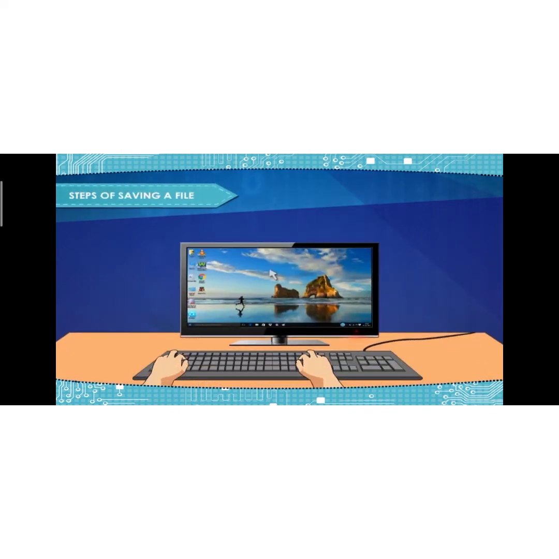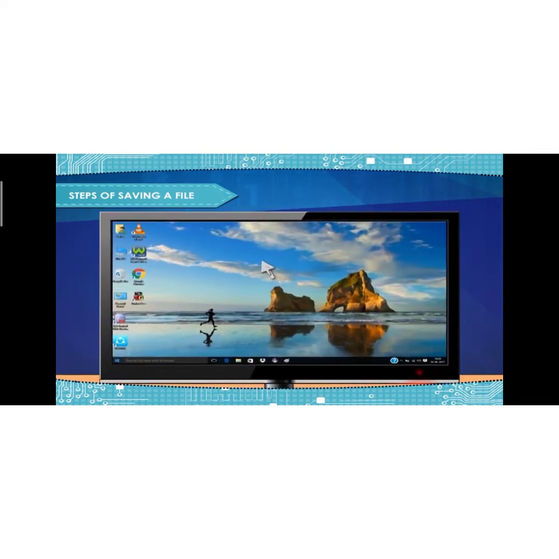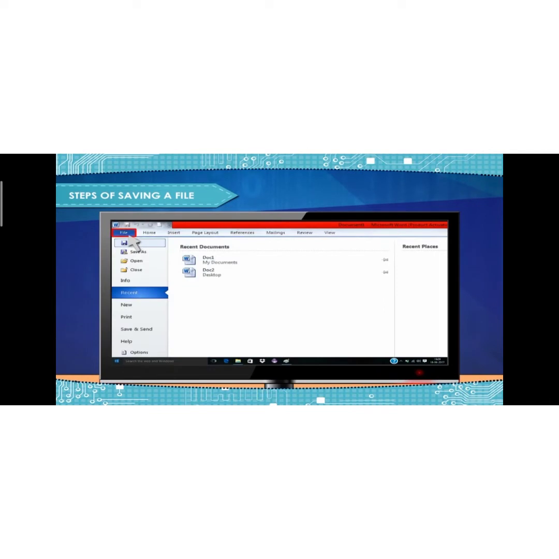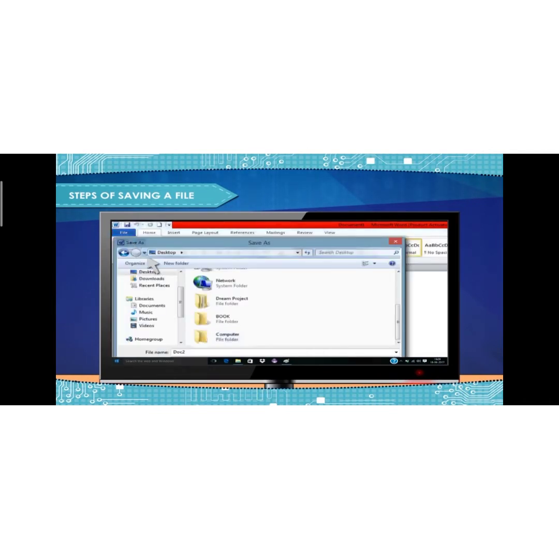Steps of saving a file. If you want to save your file in any folder or disk in the computer, then take the steps as shown here. Click on the File tab, click on Save, select the disk and folder where you want to save your file.